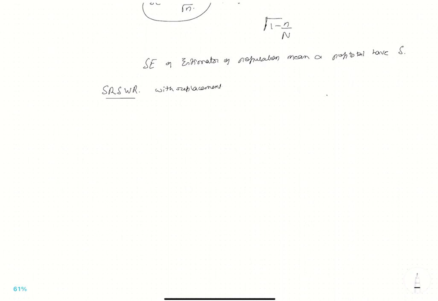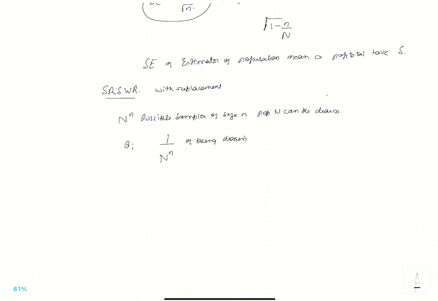In this case, n^n possible samples of size n from a population of N can be drawn. So each sample has a probability of 1 over N^n of being chosen,